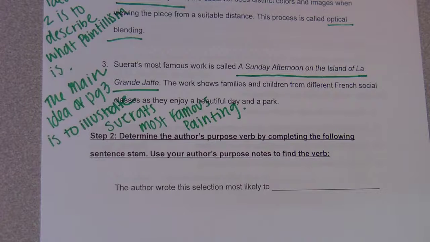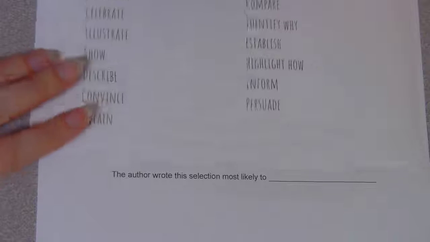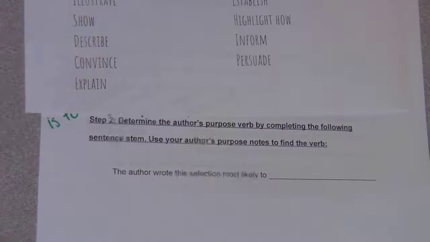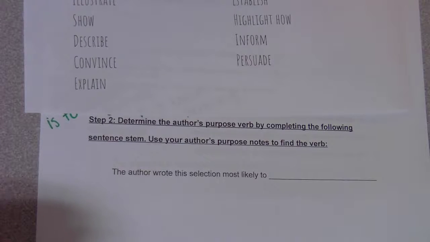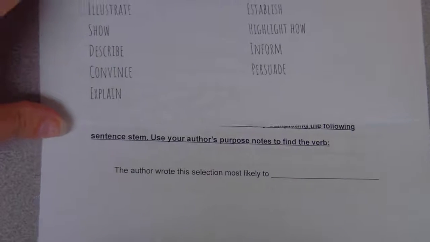More specifically, you guys, it is an informational text. The author's purpose is to provide information, to provide facts. So if you use your author's purpose word bank, step 2 is to choose a verb that the author is doing. So here again,